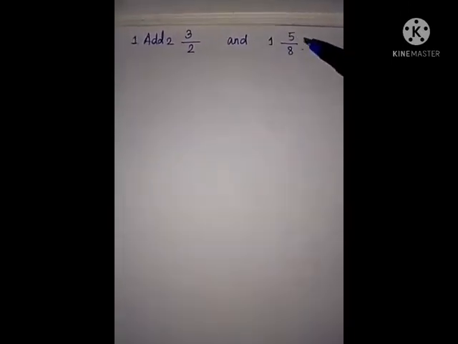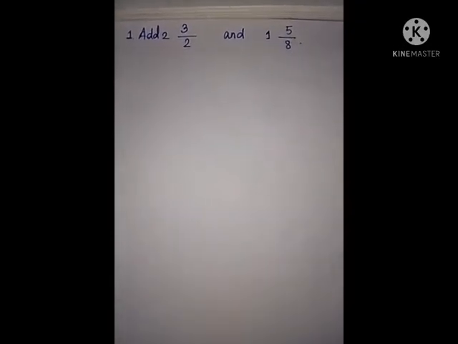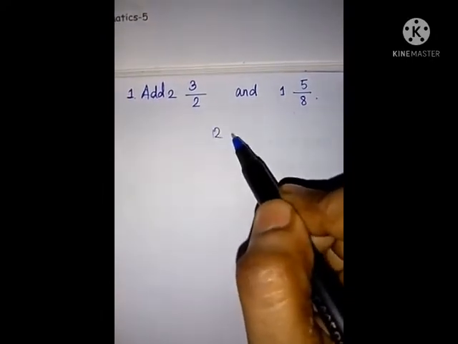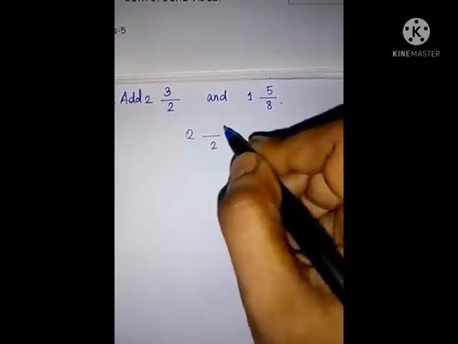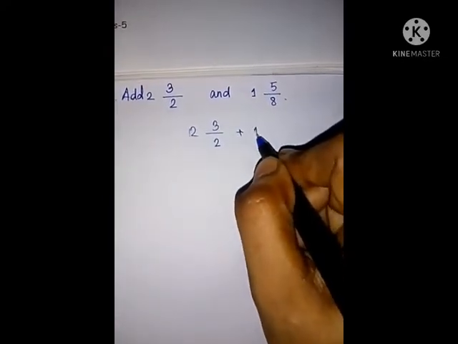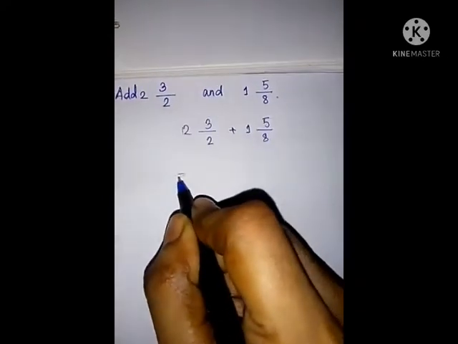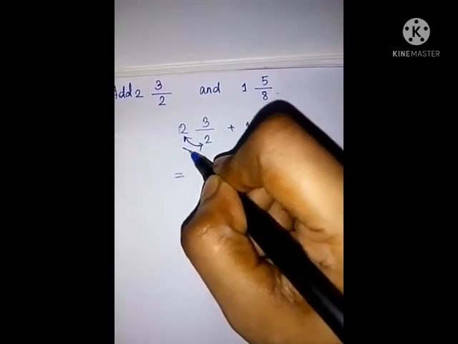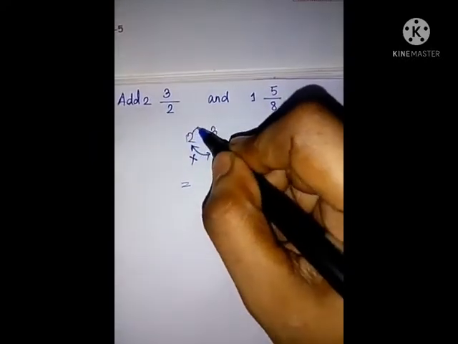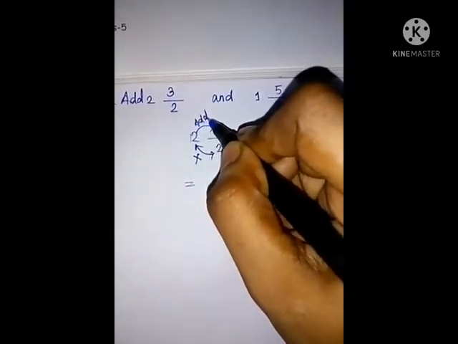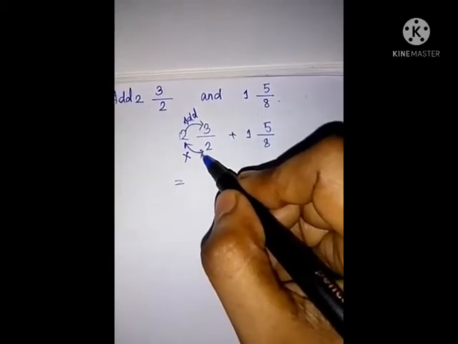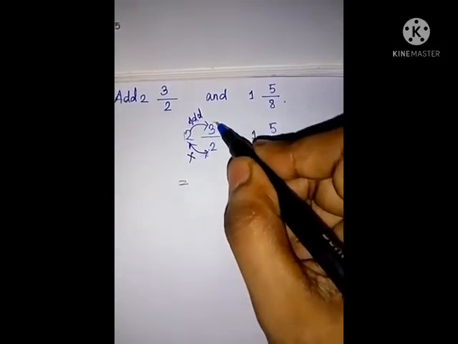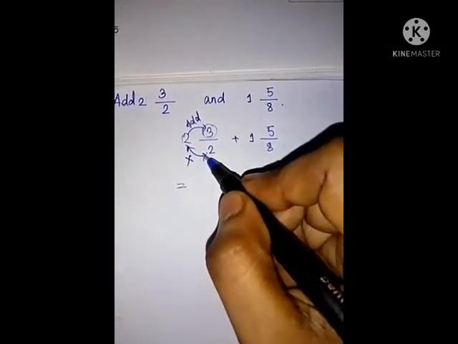So first of all, we have to make improper fractions. How? See this. First of all, we have to multiply these two. Multiply. And then we have to add this. The product of these two will be added with this numerator. Okay, see,